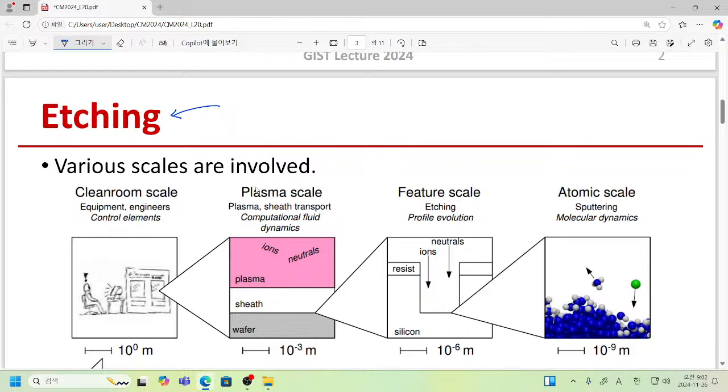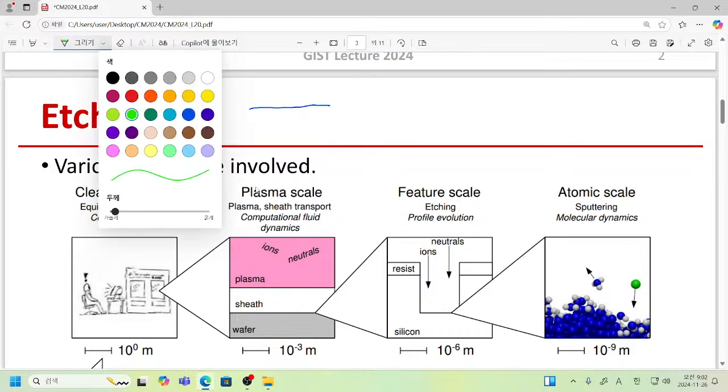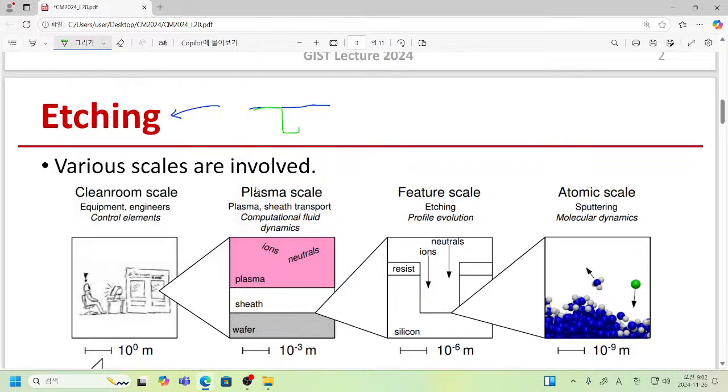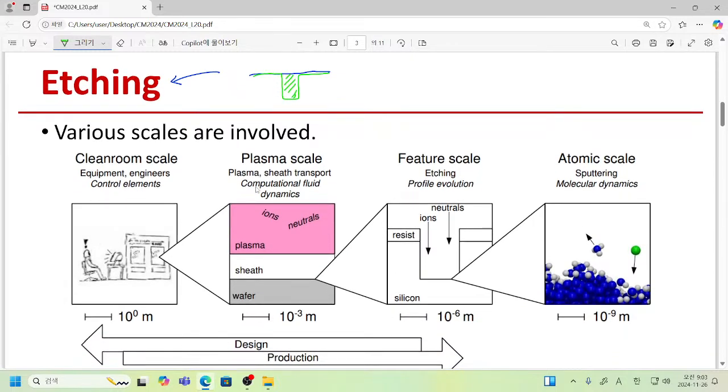By the etching process, an initially flat surface can be turned into a surface with a certain pattern, where silicon or other material was etched out. So when we consider the etching process or all kinds of other processes,